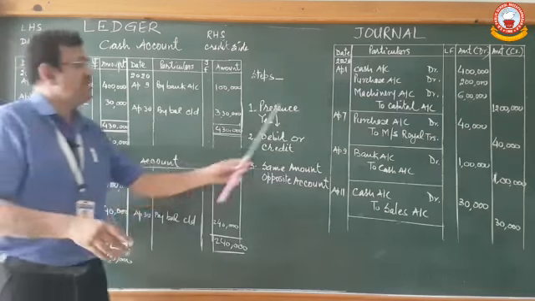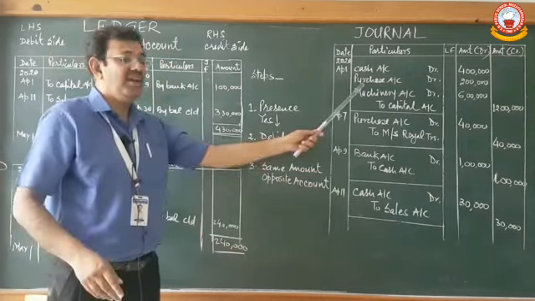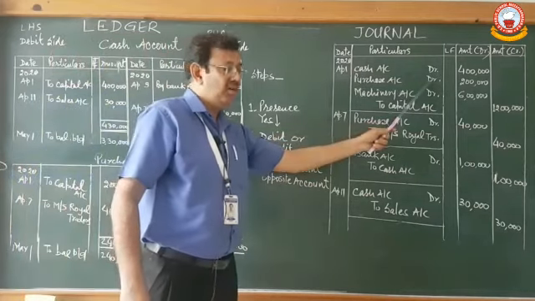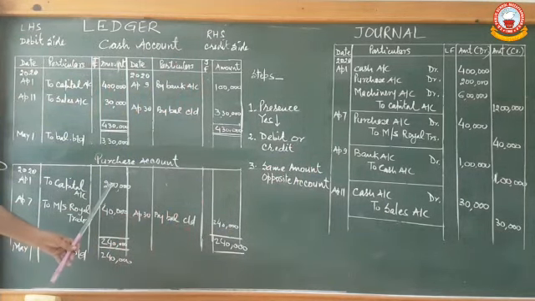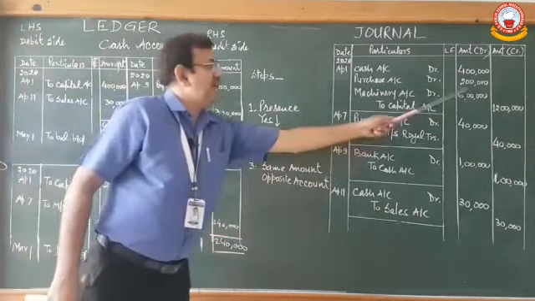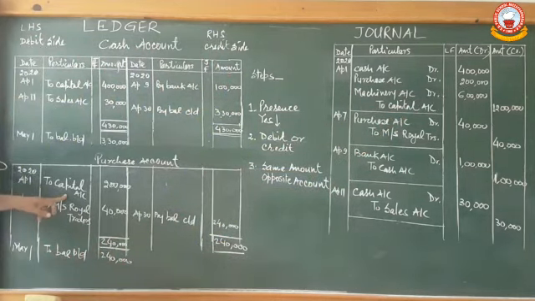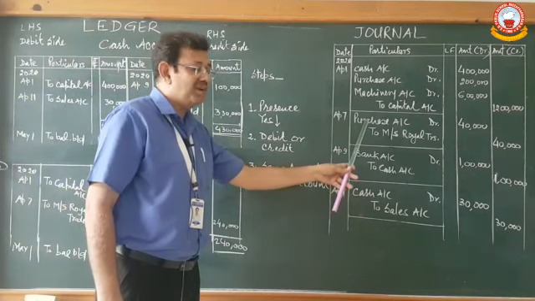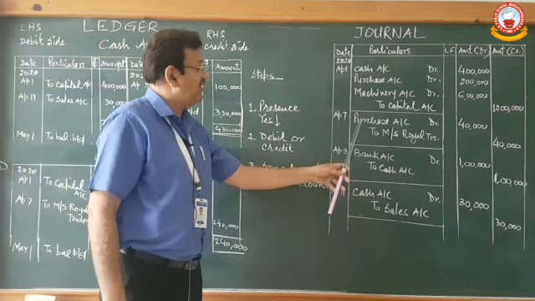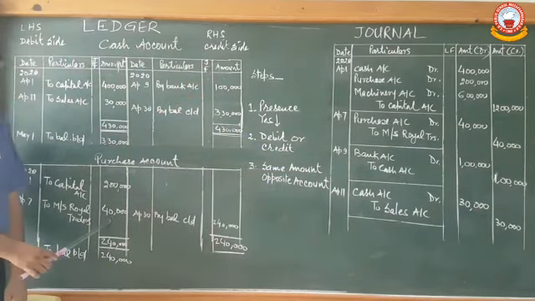Once again we have to see in the journal entries where the purchase is written. In the first journal entry we will find purchase account is debit. So in the purchase account we will write on the debit side same amount and opposite account. So we have written over here to capital account, and the amount is 2 lakh. Next journal entry, once again purchase is there, it is debited. So we will record on the debit side, opposite account, to Messrs Royal Traders 40,000.